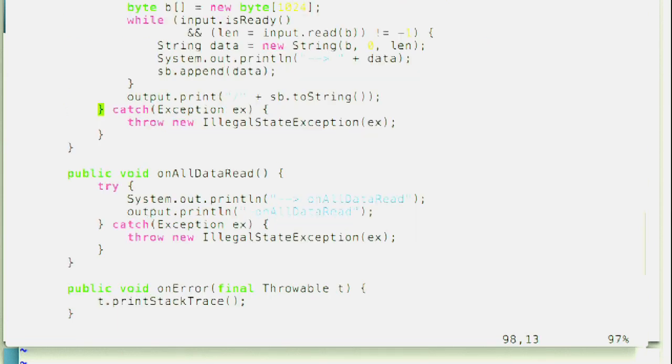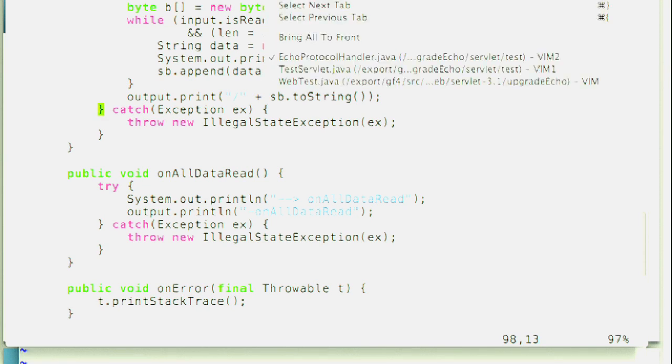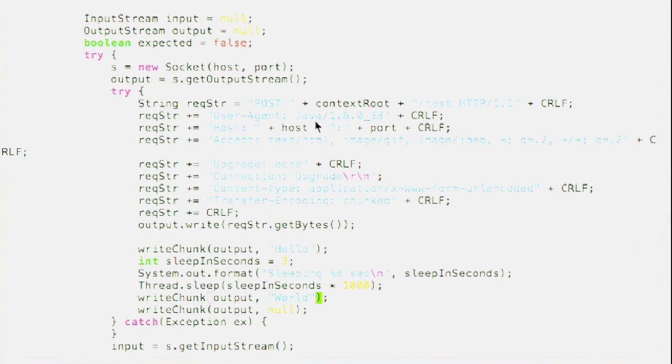And then you also have the on all data read method. In this case, there's nothing I need to clean up. I just put another marker at the end of the output stream. And then on error, in this case, just print a stack trace. And I'm also going to show you how the